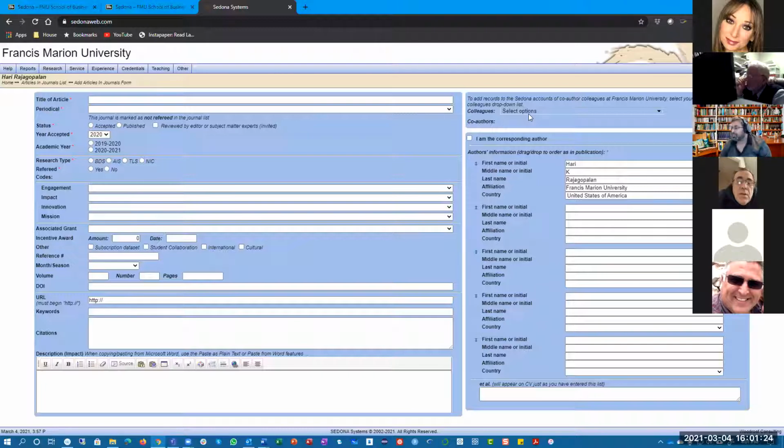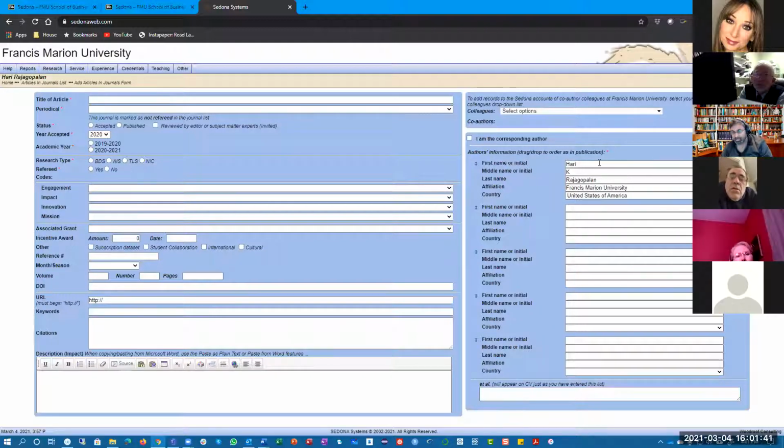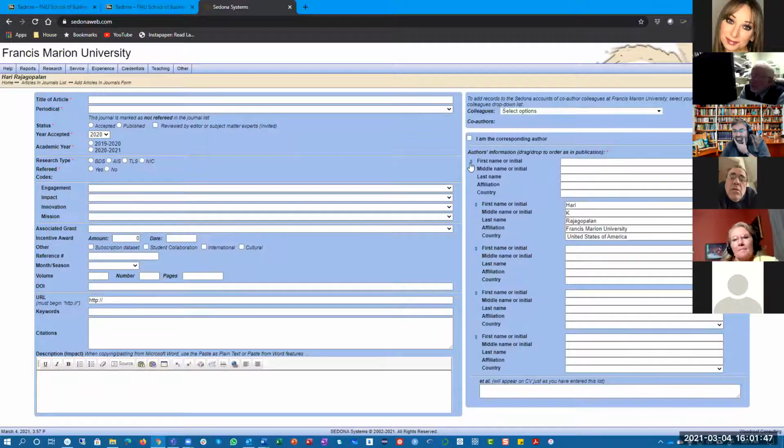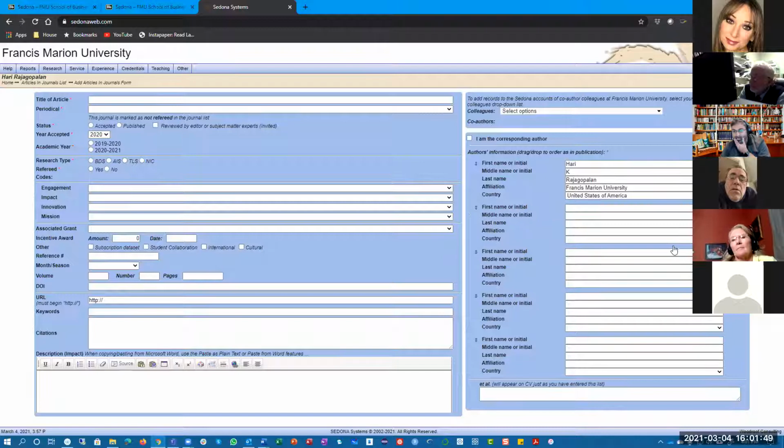So let's say, Jan, if you and Marie are on a paper, if you enter it, then Marie does not have to enter it. It'll automatically appear. Also, you will have to put your name, and you have to enter this data, and you can move these up and down depending upon who's the first author, who's the second author,